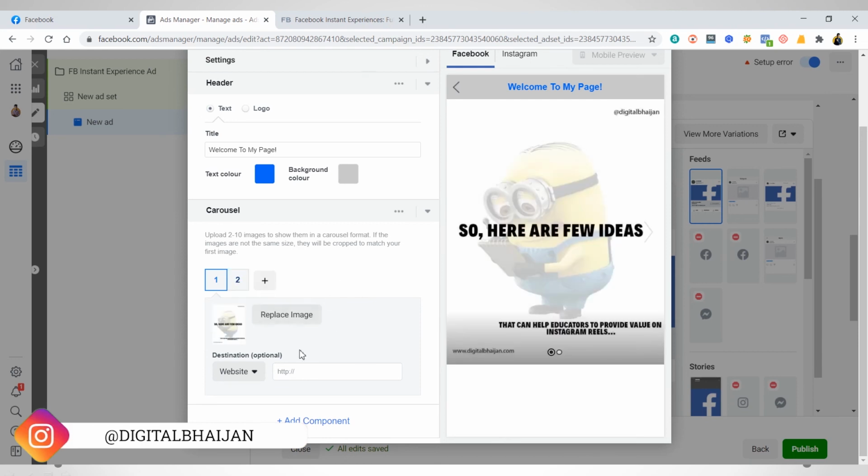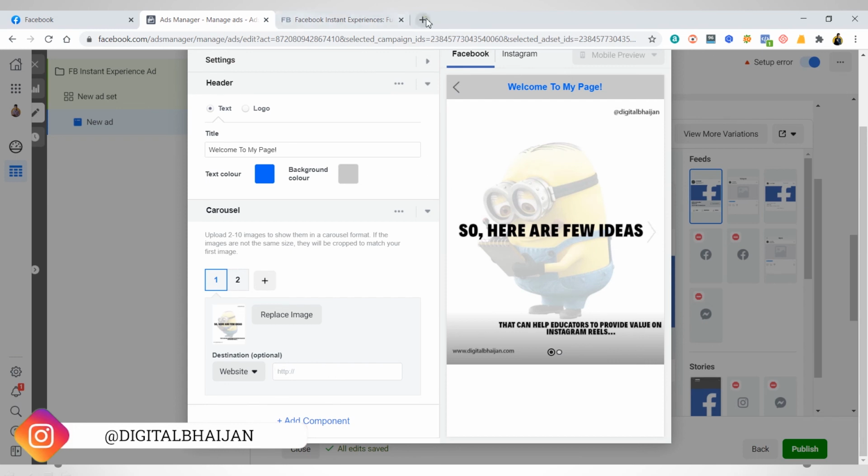And if I want to give a destination URL to my page, if I want to redirect a customer from this landing page to my Facebook page, then I will give my Facebook page URL here. If I want to redirect my customers to my own website, then I will give my own website link here.